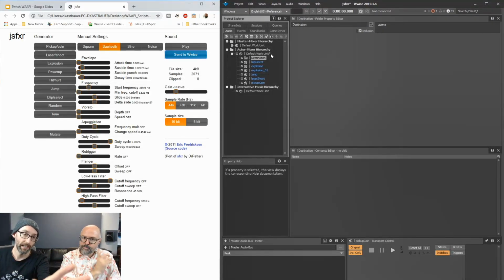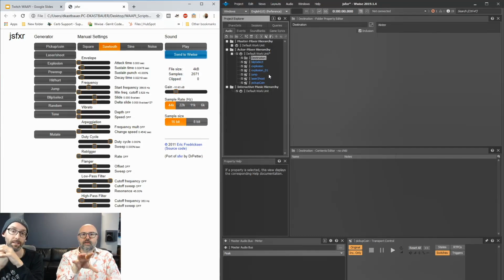So one improvement we could do is retrieve the selection. So from the JSFXR program, retrieve the selection and import the new files at selection. Gotcha. So this would be in the WAAPI script, when the Send to Wwise button is pressed, we would receive the selected object in the Wwise authoring, and then as we carry that WAV file to Wwise, automatically insert it into that.